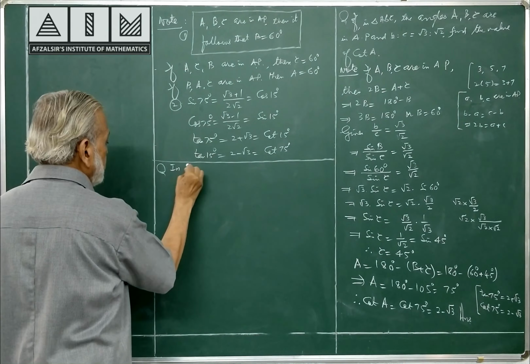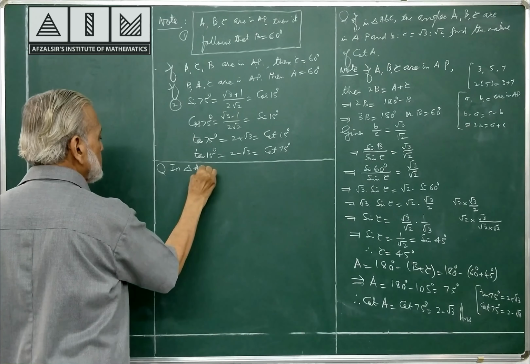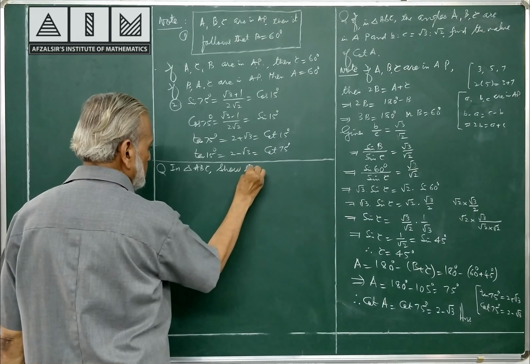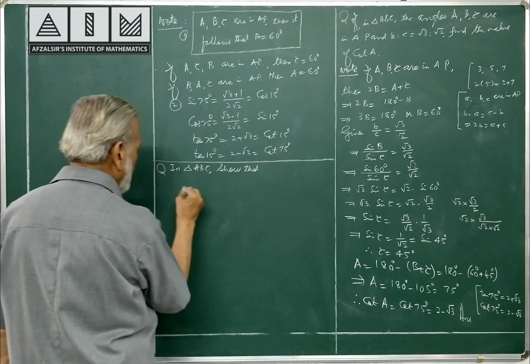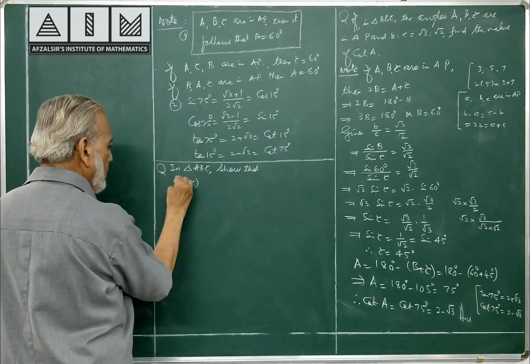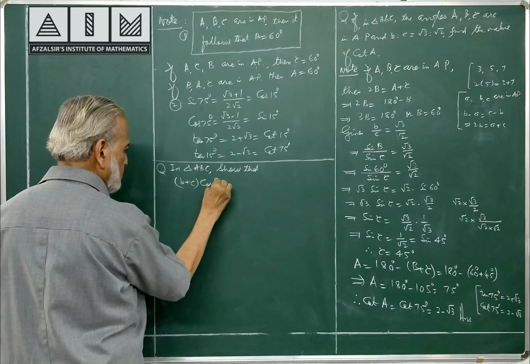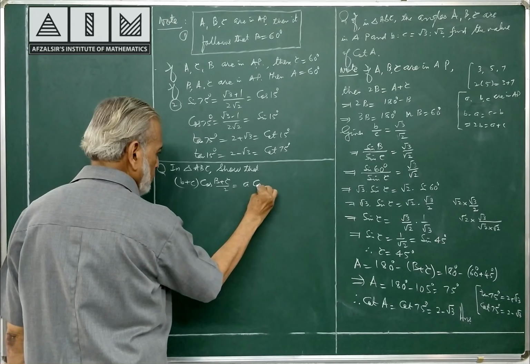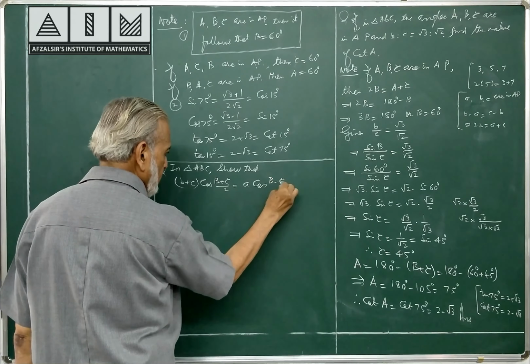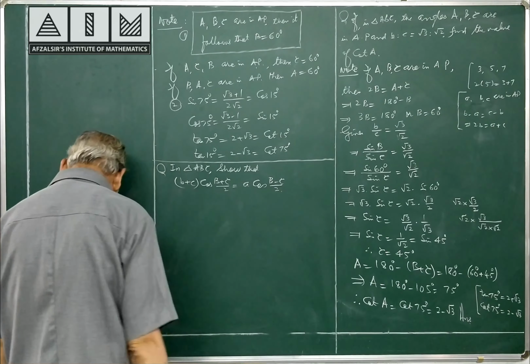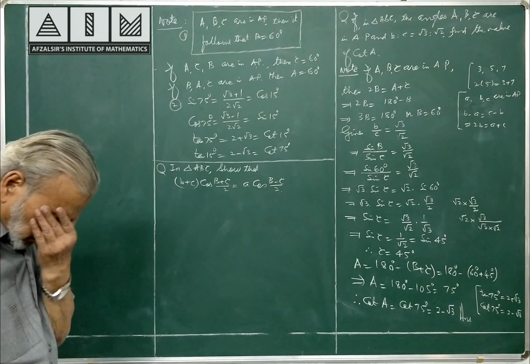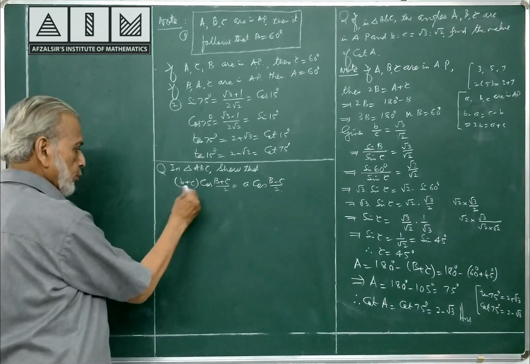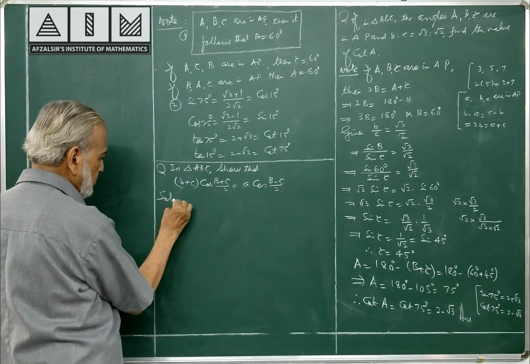In triangle ABC, show that (b plus c) cos (B plus C by 2) is equal to a cos (B minus C by 2). We are going to prove this: (b plus c) cos (B plus C by 2) is equal to a cos (B minus C by 2) in triangle ABC. I am proceeding with the solution, please see